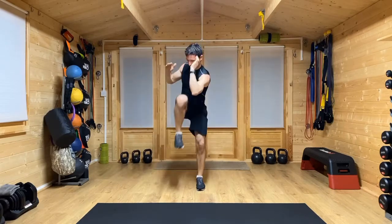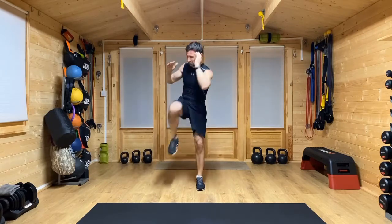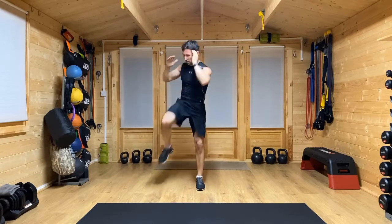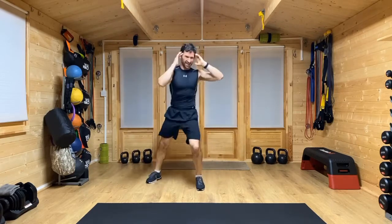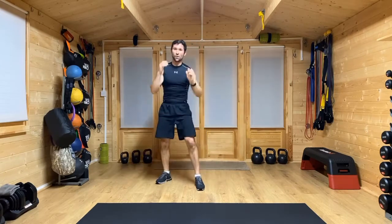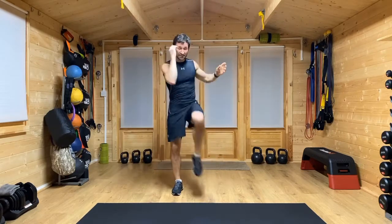Halfway through. Good. Again, that twist in the body, not just the elbow, but the whole of that upper body. Stepping out, pushing away from the floor. 3, 2, 1. Woo. All right, next up, plank ladder, and then we've got our standing oblique crunch on the